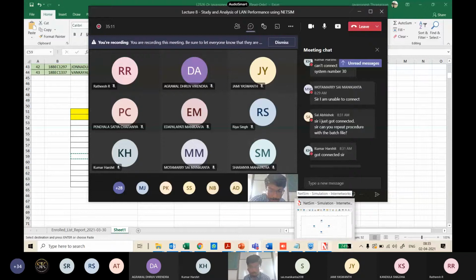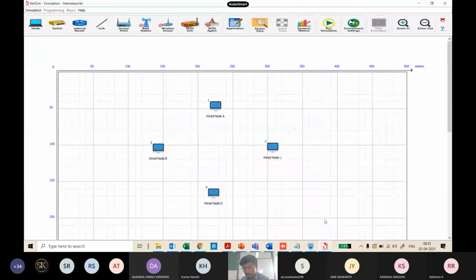I have now pulled 4 devices. I want all of you to follow this. Every time I pull a device, I get an ID assigned. Whether it is an end device or a link, NetSim assigns an identifier to that, just for our tracking. Now you have to pull 6 devices and place them on the environment window.